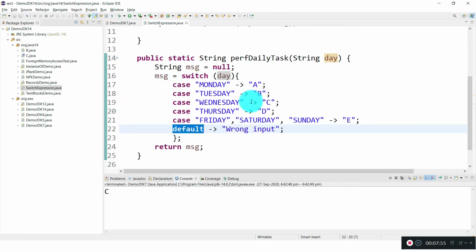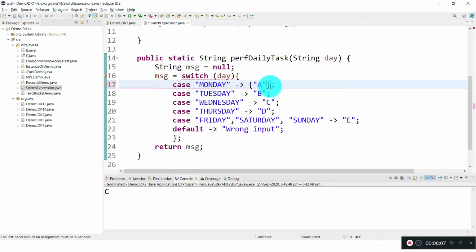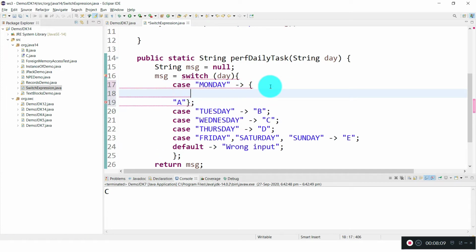And one question you can ask: what if I want to write multiple lines, something like this? You can keep braces and write multiple lines. I will show you how you can return a value at that time. Let me print something here: Hello Monday. Yeah, this is how.